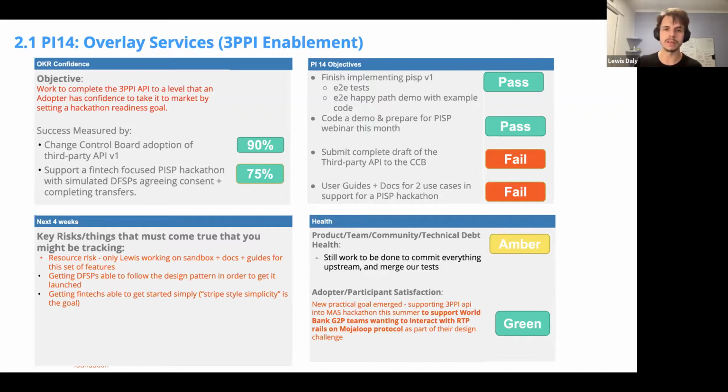We don't have that ability today. We have the ability to deploy PISP as a part of a sandbox environment. That's essentially just band-aided and sticky taped together. So we need to harden that and make it ready to be more publicly available than it is today.